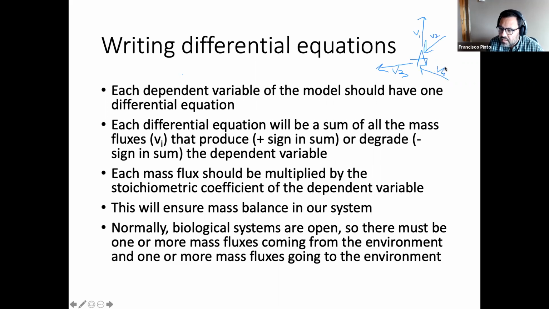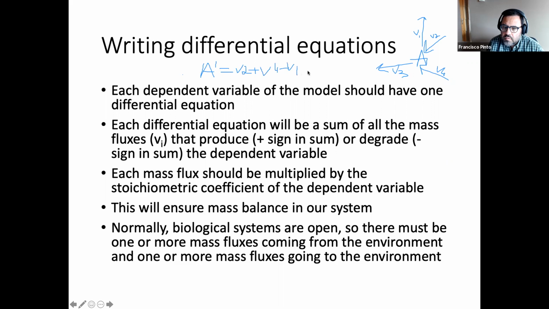So A is a dependent variable, and these are all the mass fluxes that contribute to it. So the differential equation of A is going to be V2 plus V4 minus